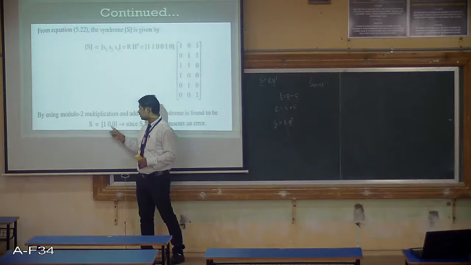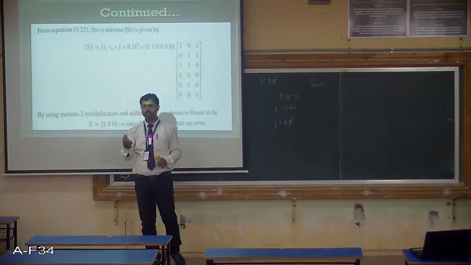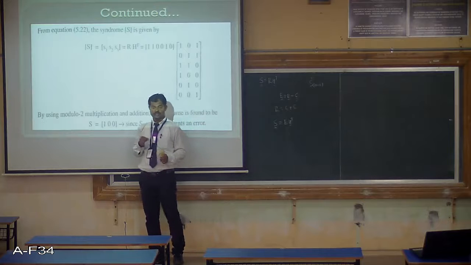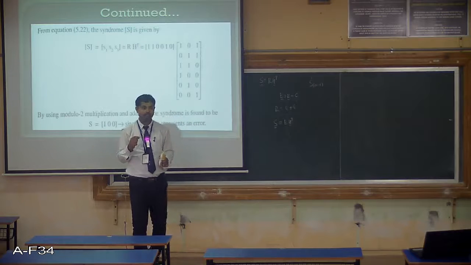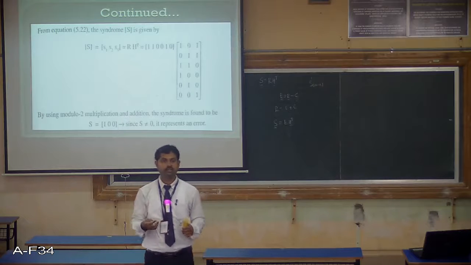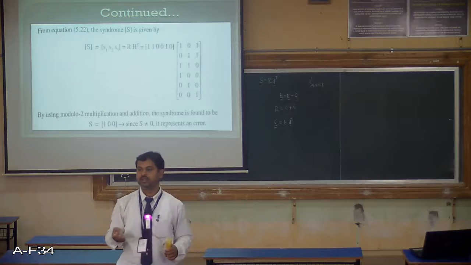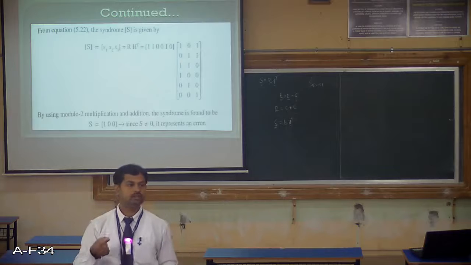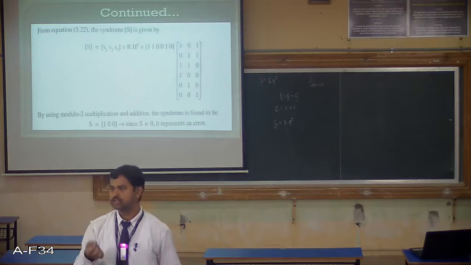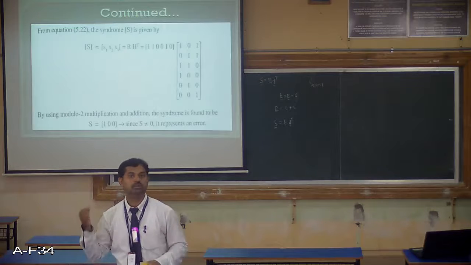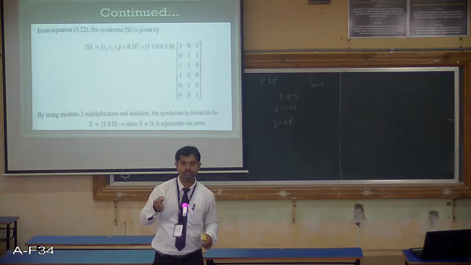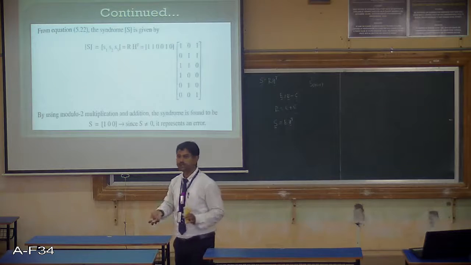So 1 0 0. If syndrome S is not equal to 0, there is an error. And one more very interesting thing is the syndrome will tell you where the error is present in the received sequence. I mean, it will tell you the position of the error. If you know the position of the error, it will make my job of correcting it easier. So that is the reason I should find out the syndrome. It is found using the received sequence and H transpose, both readily available.